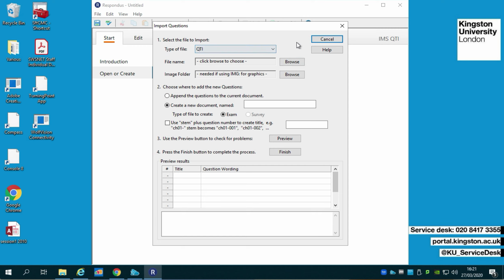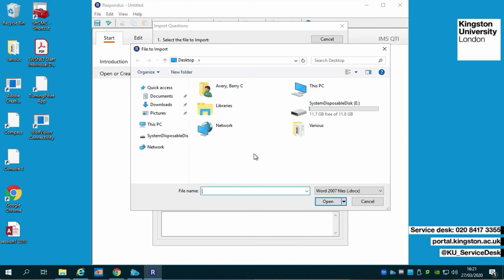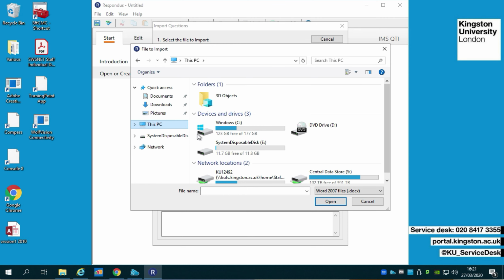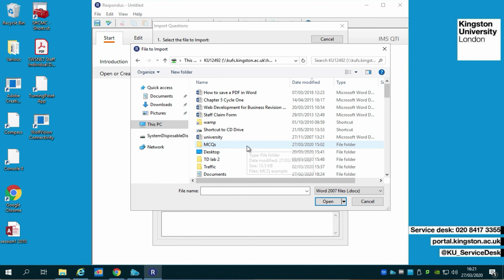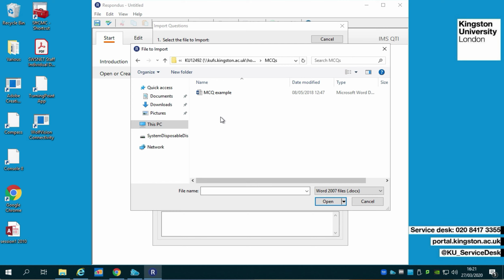Now we're going to want to import some Word questions. So I'm just going to select docx as the format here. You can see that's the format that's been used in Word since 2007. So I'll select that, and now I can browse to find the file, and that's going to be on here inside my MCQ folder. There it is. So I'm just going to select that,